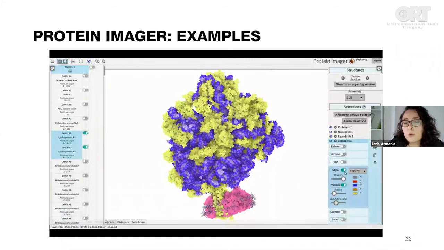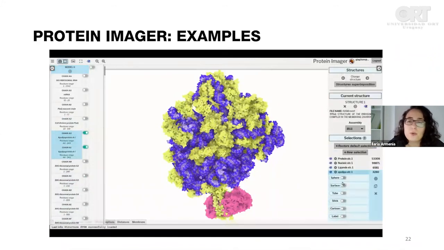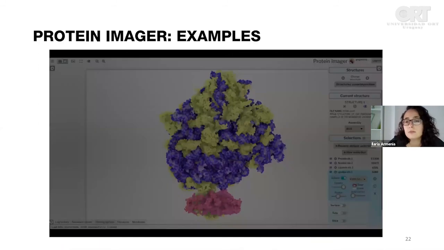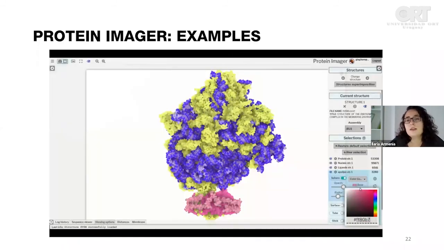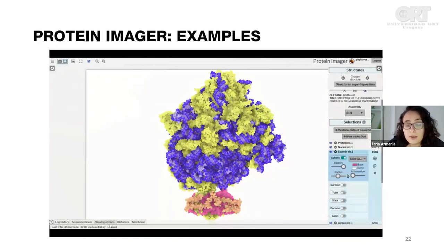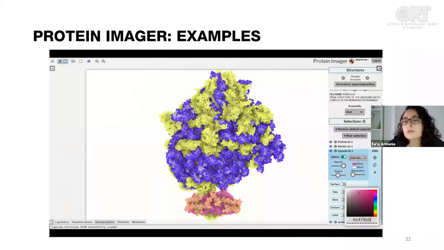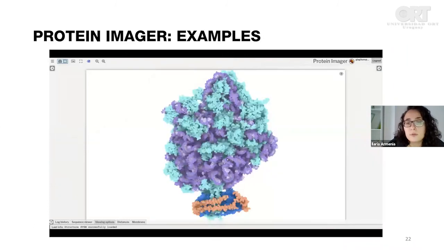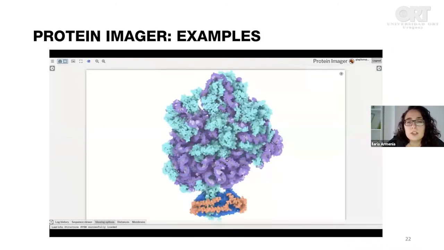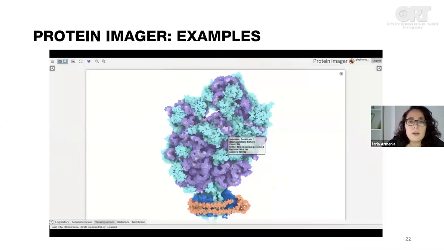So why do that? We want to change the color. We want to highlight that that chain is a lipid, and we want to change the color, just to say, okay, it's not part of the protein. And I think that in PyMol this took a code or a line of code that is impossible for me to remember. So you have changed the color, you have edited everything, and you just